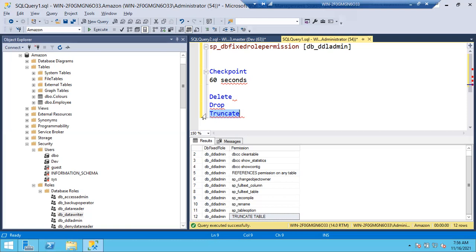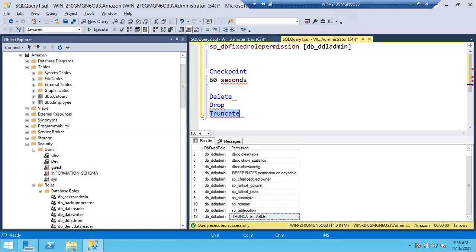Yes, drop will delete all the objects. All the objects doesn't mean all the tables. It is going to delete the table and the associated objects that belong to the table, like primary keys and any keys. It will delete all the keys and all the records, and of course it is going to delete the table structure also. You don't find even the table. Whereas truncate, the table will be there, the structure will be there, but records won't be there. Delete will delete the records. Each record it is going to delete. Clear, guys?